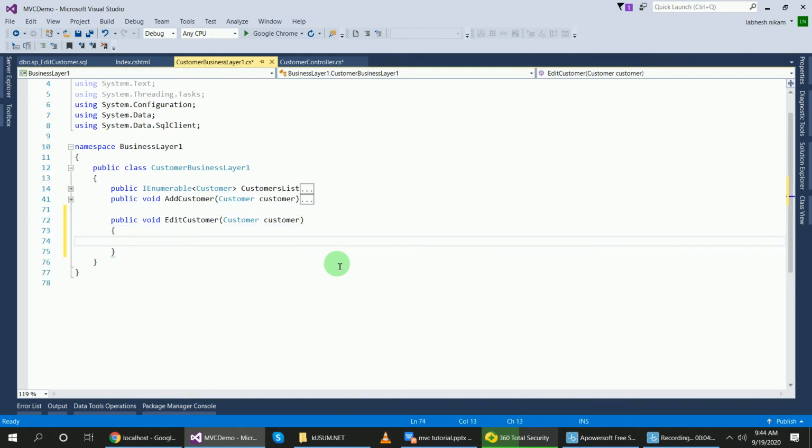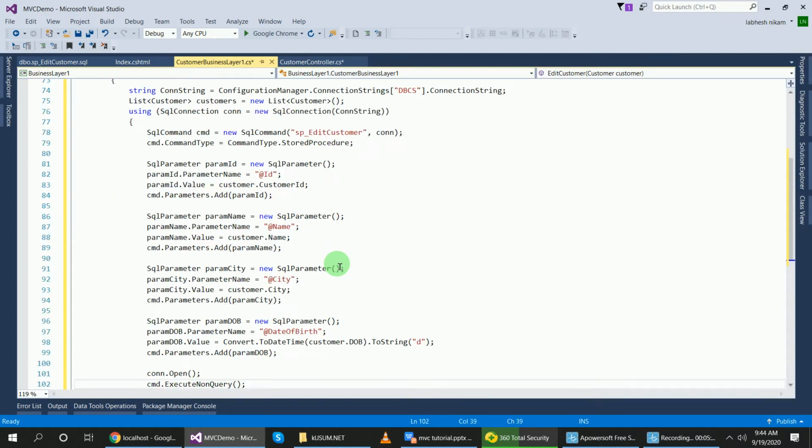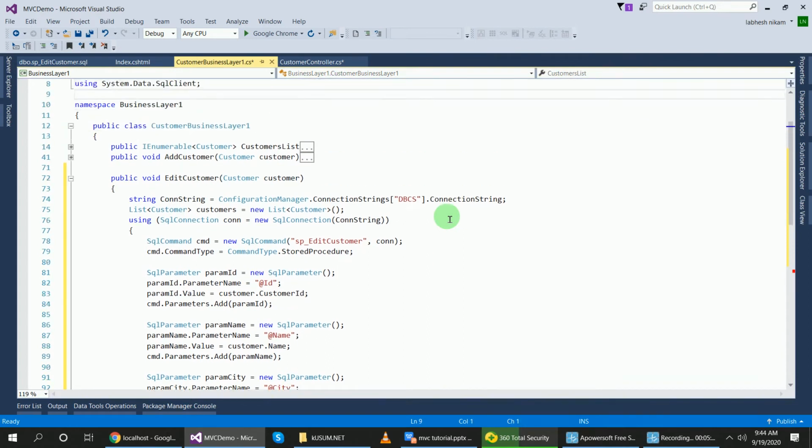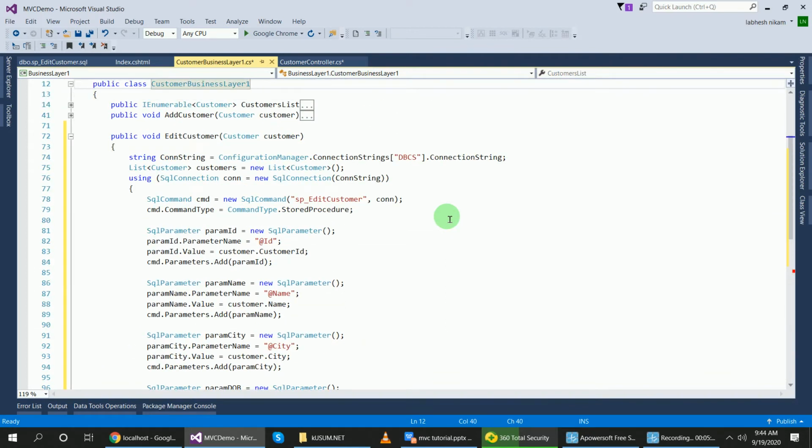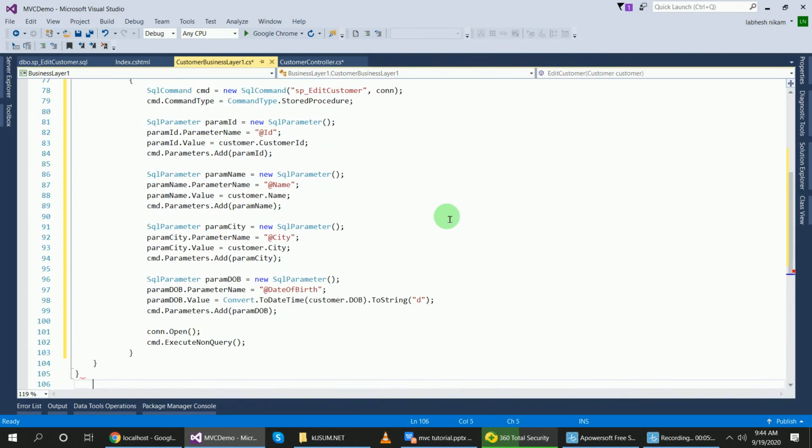Now I will paste the same add customer method here. Because it is time consuming, to save time I have pasted it here. For this there is one other tag, right?